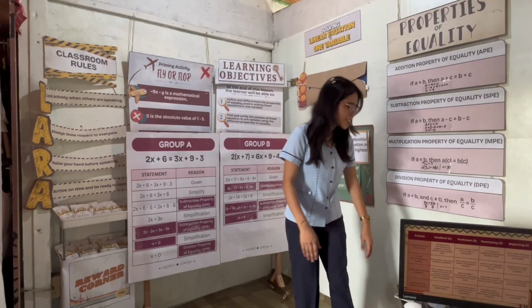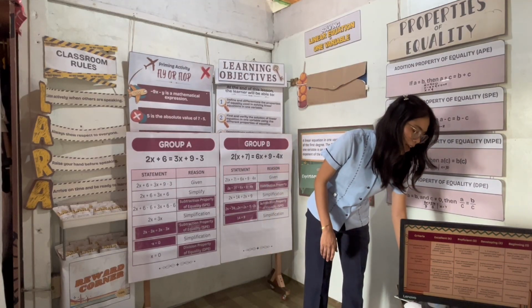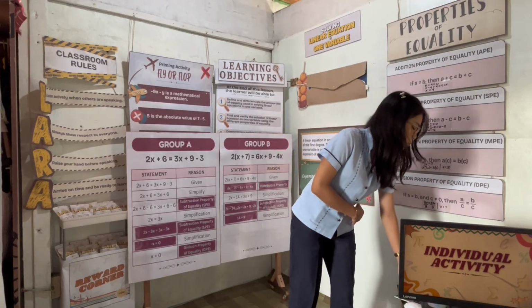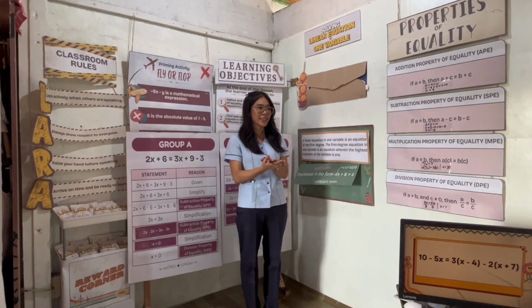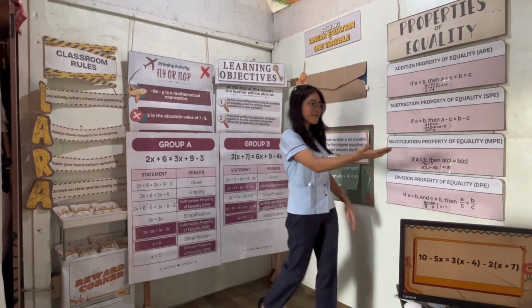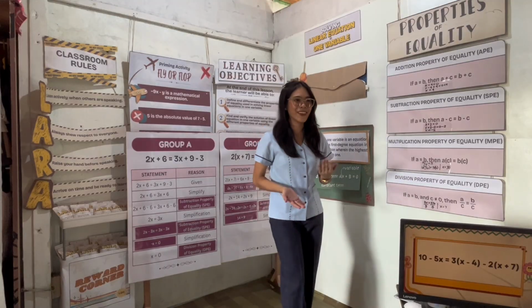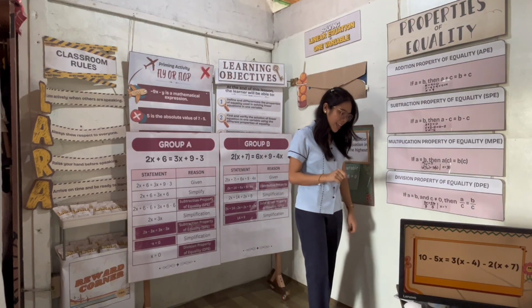Now you are all ready for individual activity. Please get 1/2 crosswise of yellow paper and answer this equation. Now, anyone have an answer already? Yes, what is your answer? 6. Any other answer? 7, 6, 7. Just kidding. Anyways, the answer is